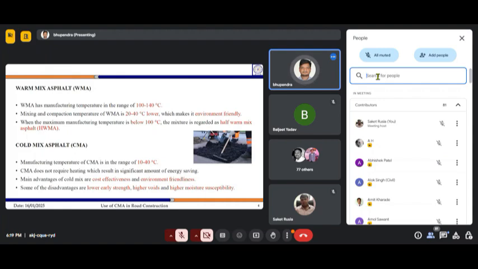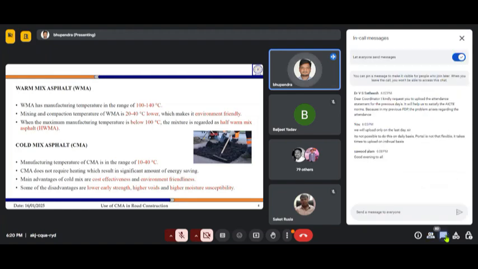Working towards that, scientists came up with warm mix asphalt. It has been approximately 20 to 30 years since warm mix asphalt technology has been there. But in the past 10 to 15 years, this warm mix asphalt technology has made a lot of progress.